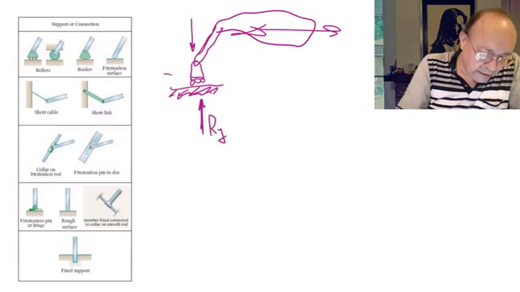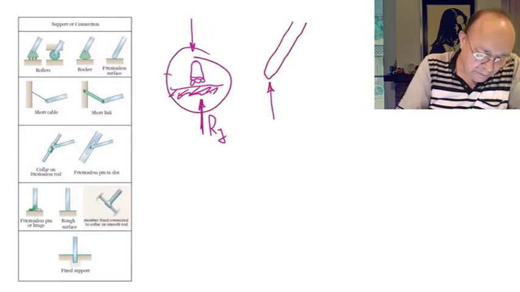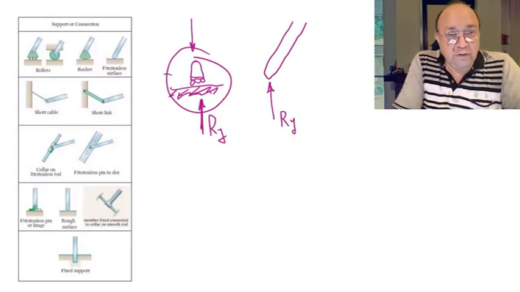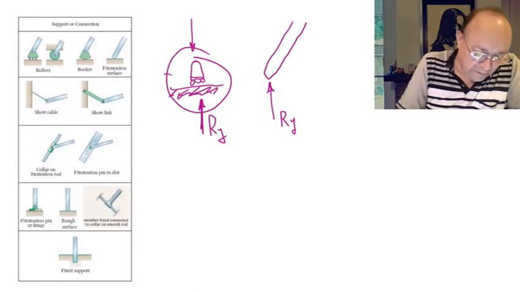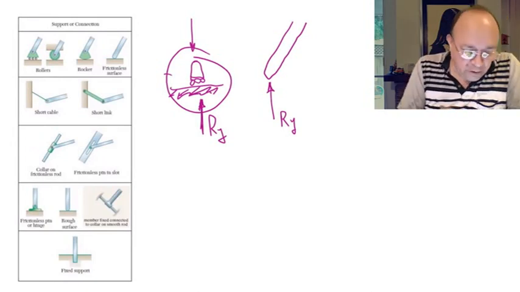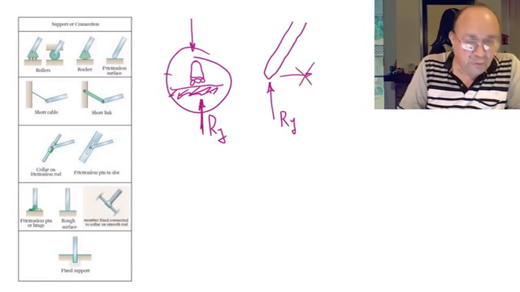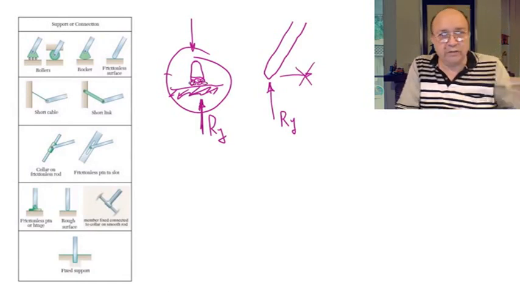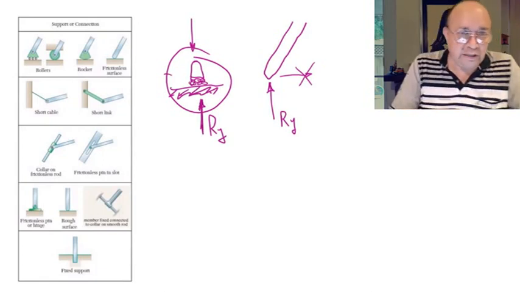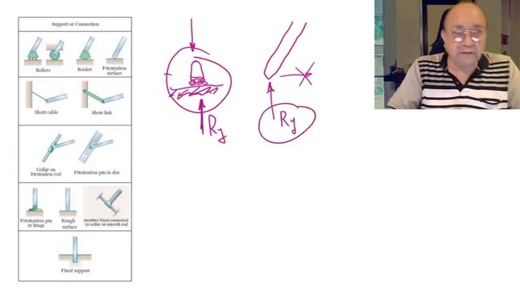So when you're going to analyze this kind of support, you are going to replace this support by a force that is going up. You don't know what the value of that force is. You're going to find it. It's going to be one of your unknowns, but you know that the reaction is vertical. There will be no horizontal reaction because, as we said, if you try to move the support horizontally, the support is going to move because it has these rollers here that don't oppose any resistance to the motion in the horizontal direction. So any of these supports here are going to behave like that, just a vertical reaction.